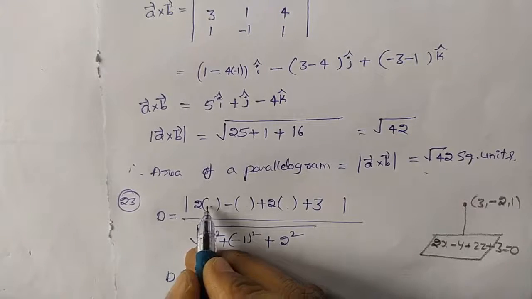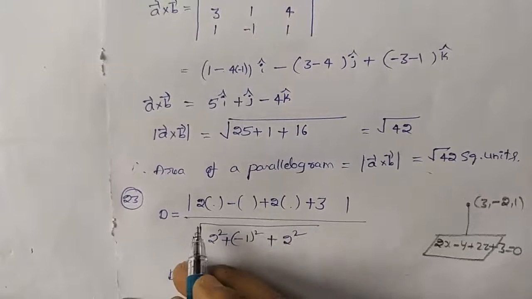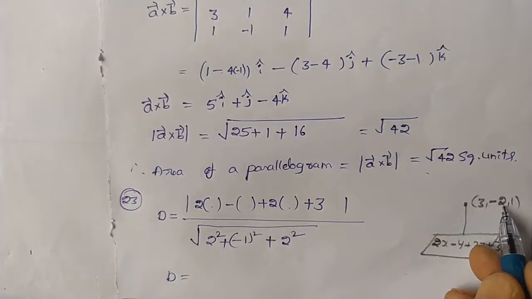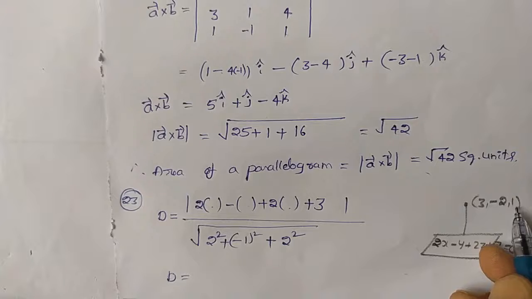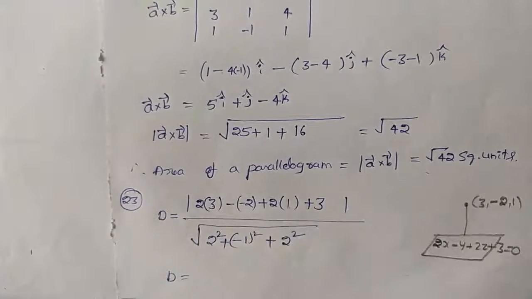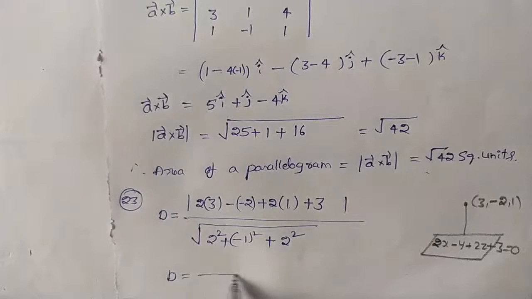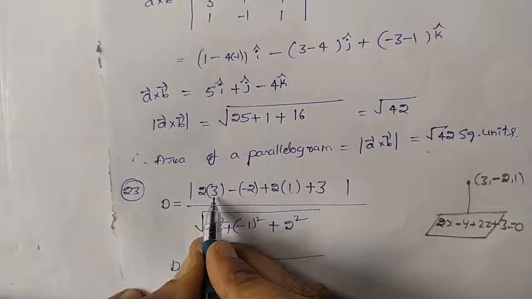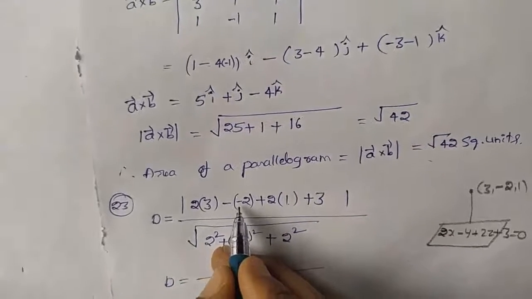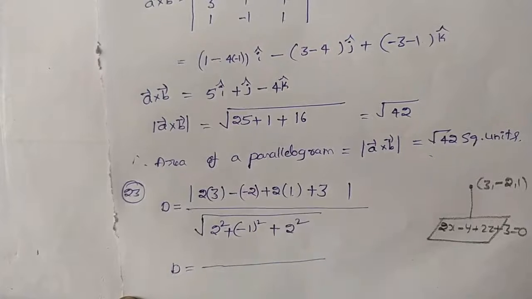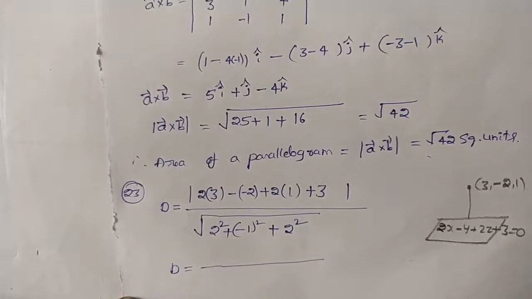substitute that point in this plane. X, y, z. X is 3, y is minus 2, z is 1. So 3, minus 2, plus 1. Very simple. Now you can easily find out. So 2 into 3 is 6, 6 plus 2 is 8, 8 plus 2 is 10, 10 plus 3